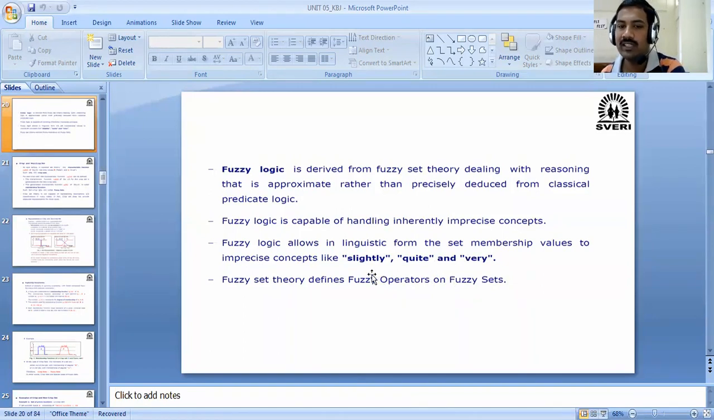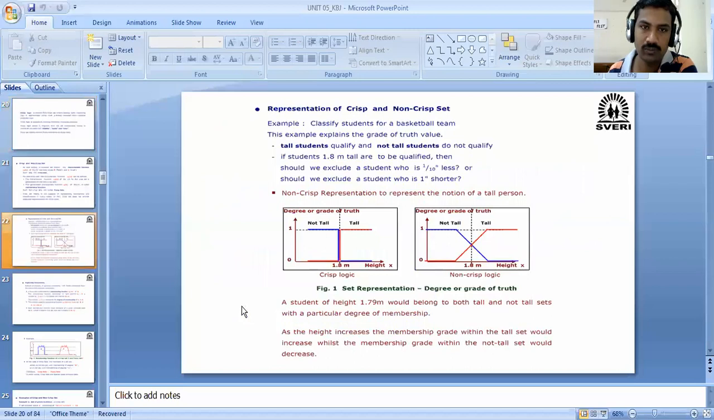Okay, in that set, what are we going to do? In Boolean we can write very high or low, but in fuzzy we can use terms like slightly, quite, very. Okay, like that only we can use. Fuzzy set theory defines fuzzy operations on the fuzzy sets. Okay, next one is the